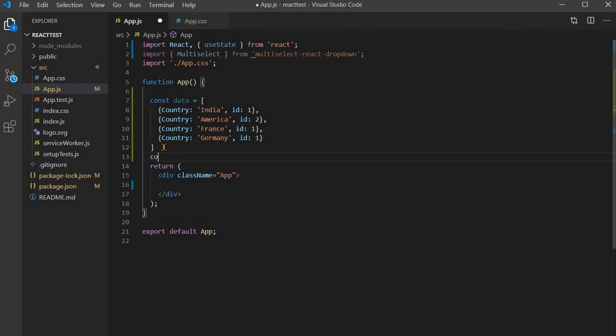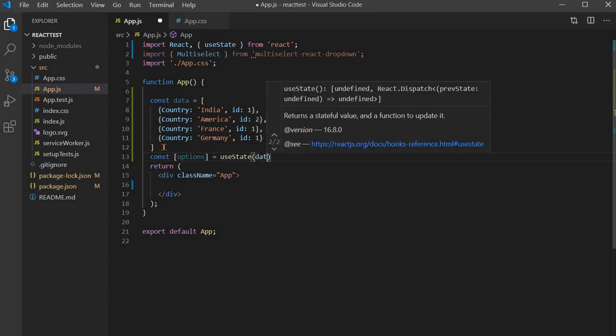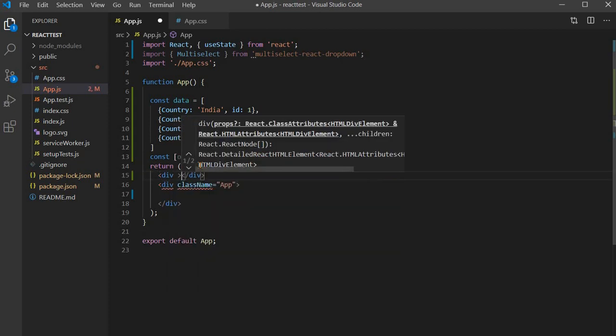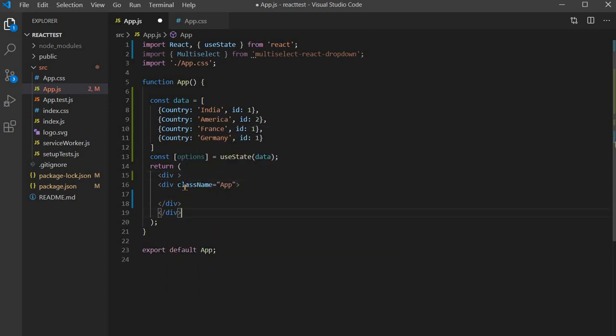Let's add the hook, options and useState, and inside the useState we pass this data. Then just create one div, and the CSS for this I'm just copying.